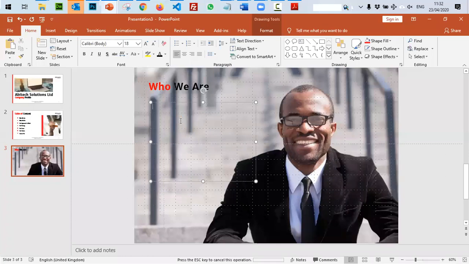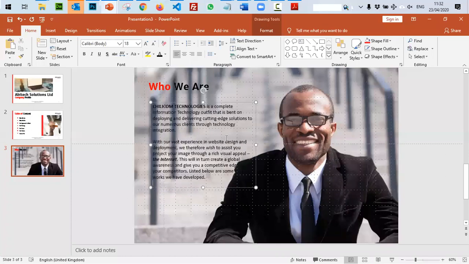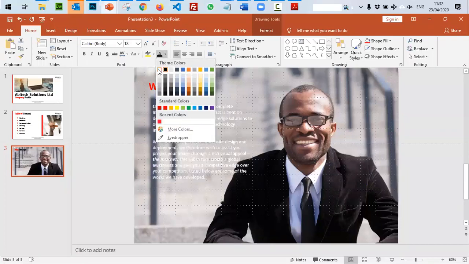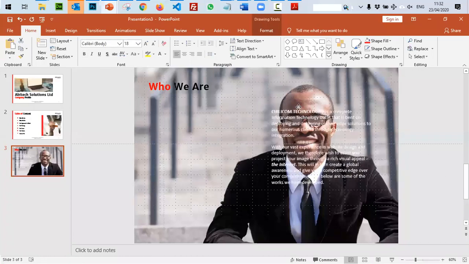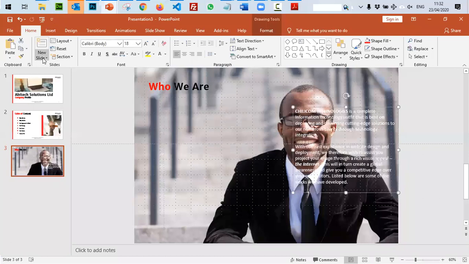So here I paste, you paste your content here. Because you have your text on an image, your image might not be showing very clearly. So you need to play with colors. I change the text to white. Even with the white, it's still not sitting properly. So one of the tricks that we use is to draw